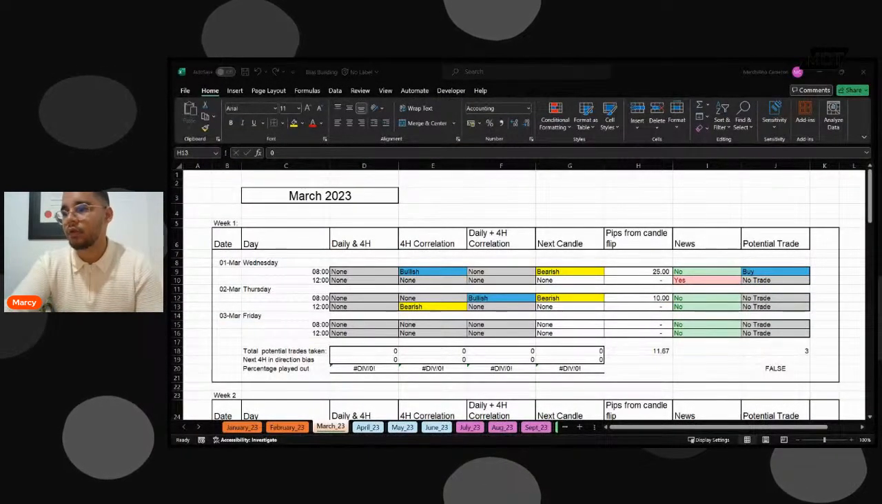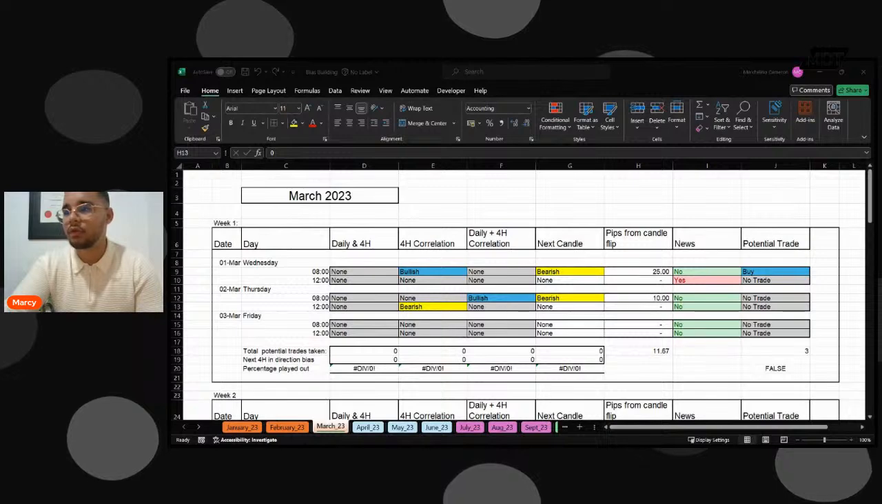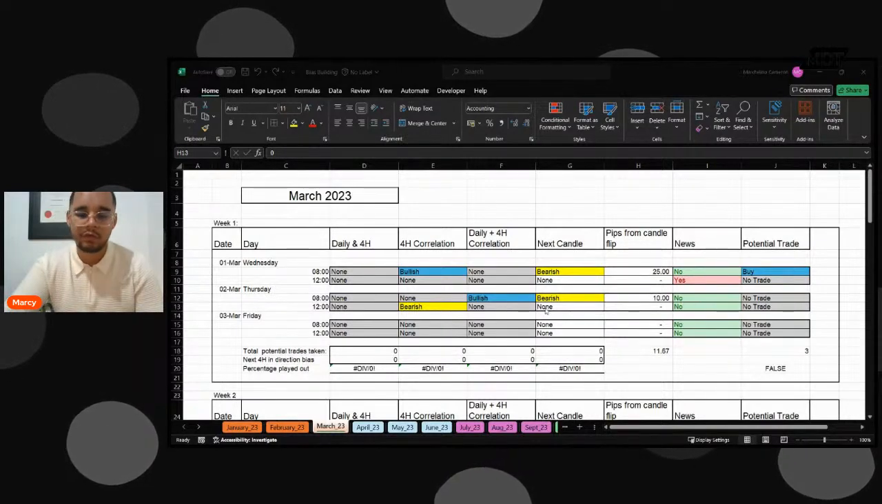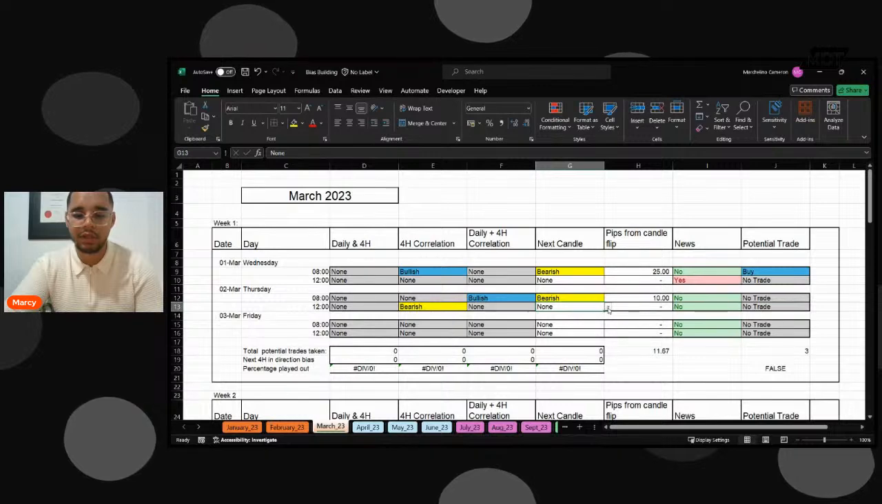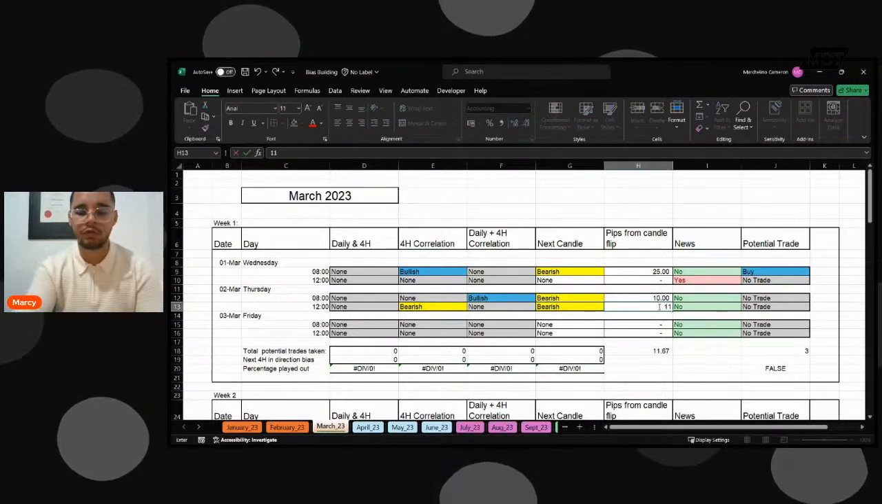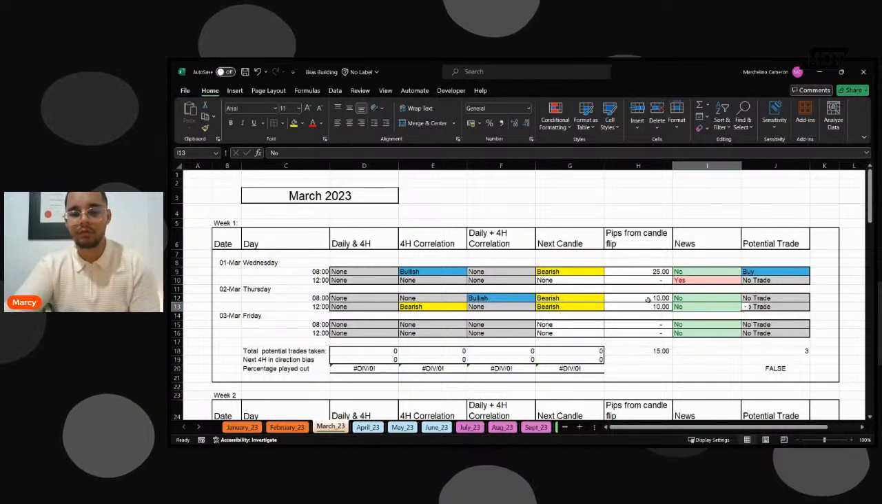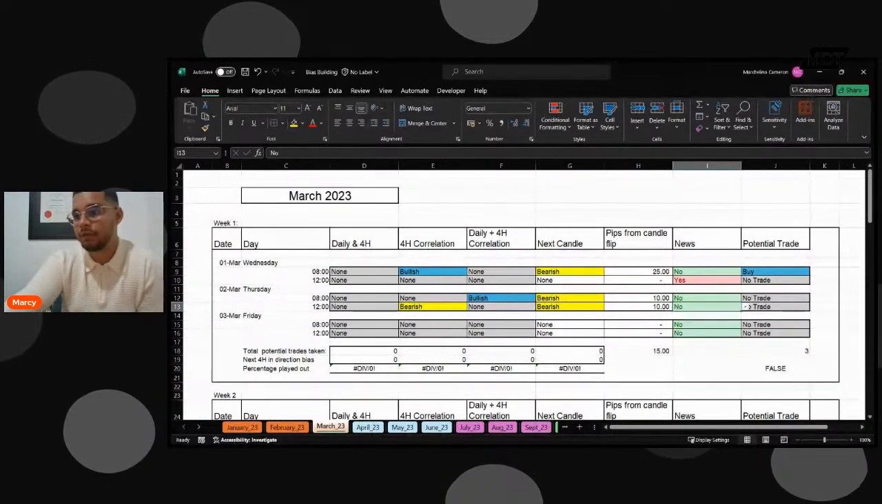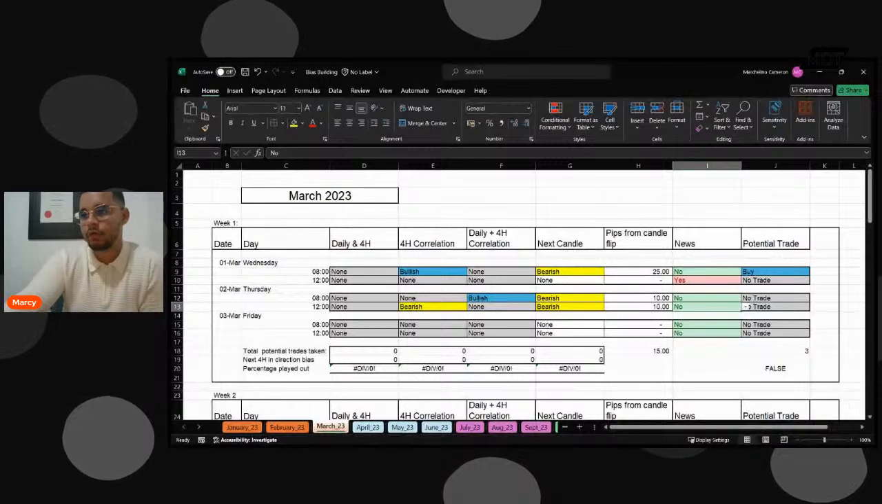Okay. So we have that. We're going to check this. 11 pips. So it's not really a tradable day. Unfortunately, we would have had bias in 2 sessions, but we wouldn't have had any trades. That's quite unfortunate. Yeah, let's go to the next day,